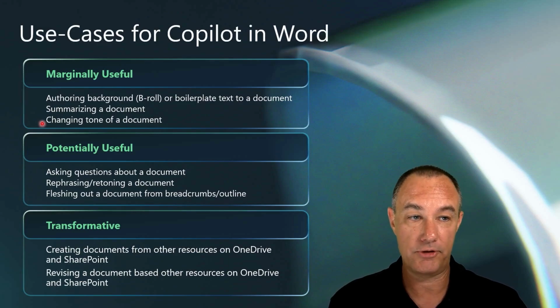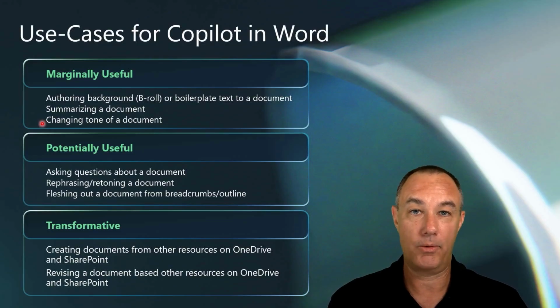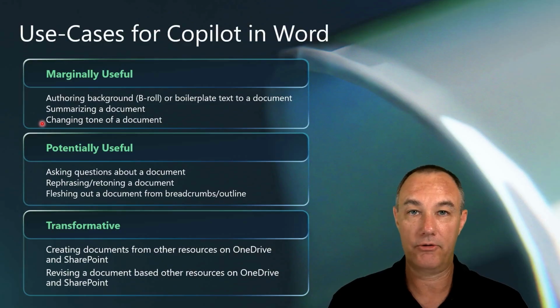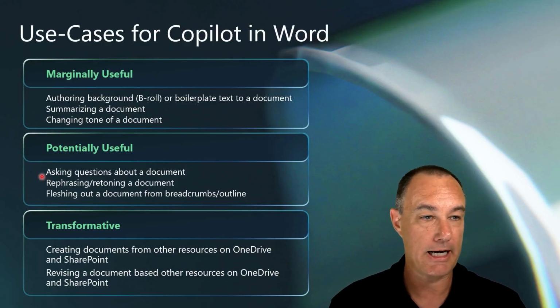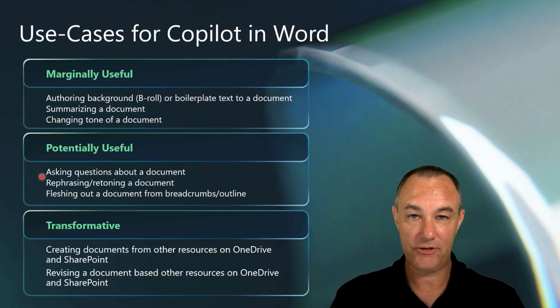You can change the tone of a document. You could say, hey, I want to make this for 5th graders. I want to make this for adults. Language models are really good for things like that. Here's what is really cool, though. Let's say